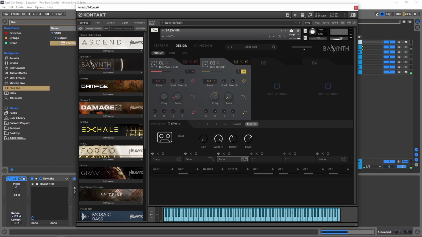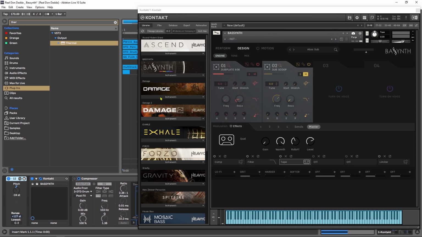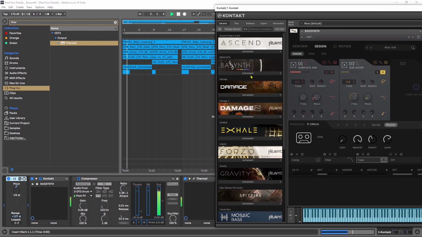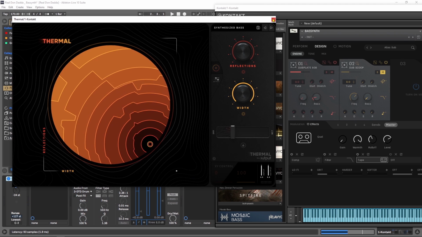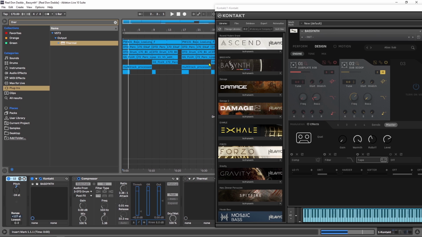All right, so this was yet another project that I used Bassynth on. Now, in full disclosure, this was actually a project I had started before I had Bassynth, but I remembered it and figured I could use Bassynth inside of it, and I did, and I found this really, really cool patch. Let me come in here and remove the sidechaining. Now, I did add thermal on this one, so I have done a little bit more than on the other ones, but this was the original sound,